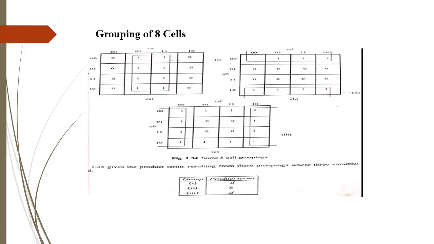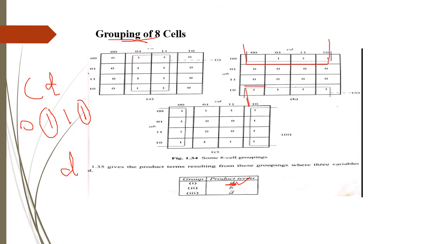Next is grouping of 8 cells. It is also possible to group 8 cells. In this case you have to check where you can group 8 cells together, wherever the output is evaluated as 1, and if you have a bunch of 8 cells together, the first thing is to group those cells together. If you consider these 8 cells, as I already said, you get only one literal. If you consider the first one, you have 01 and 11, so this corresponds to CD. You can see that D is the same, so you can write the expression as only D. Also you can group like this.